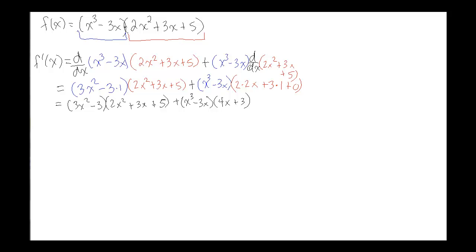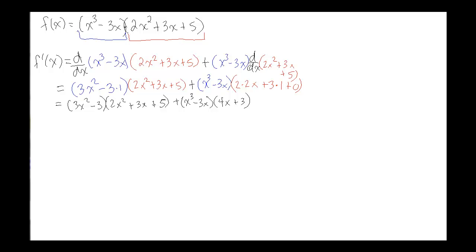Later on, when we might want to set this equal to 0, you might need to combine some like terms and so on and so forth. But at this point, since we're not doing anything else with it, this is your fine answer. Okay. So remember, product rule is derivative of the first function times the second function left alone, plus now they reverse. The first function gets left alone, and you take a derivative of the second function.